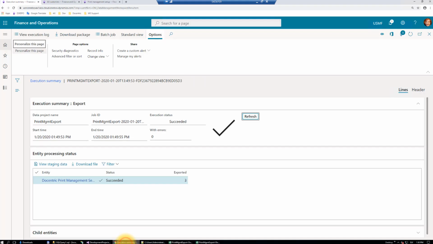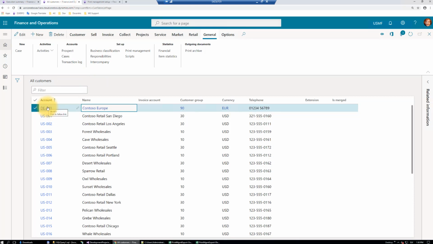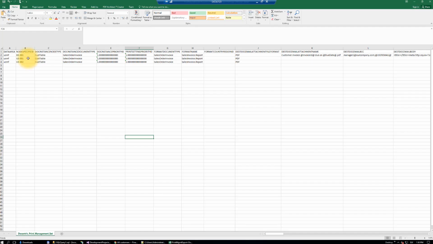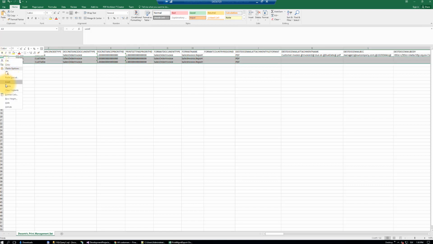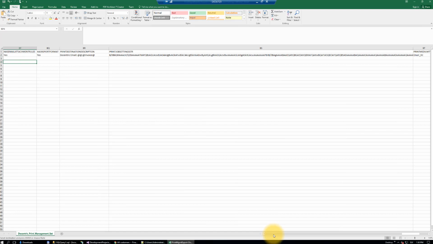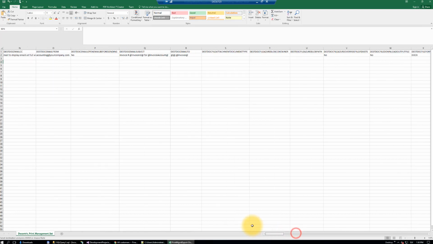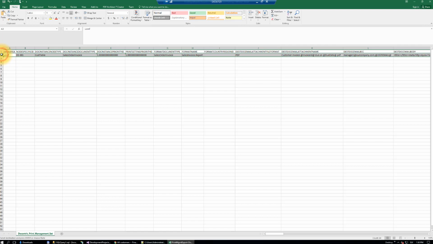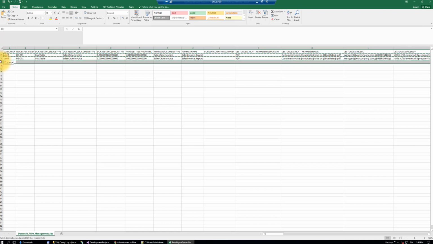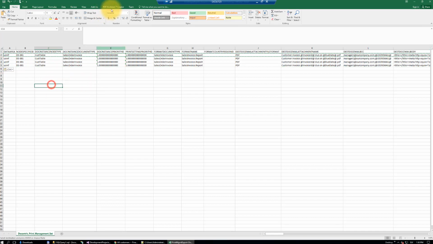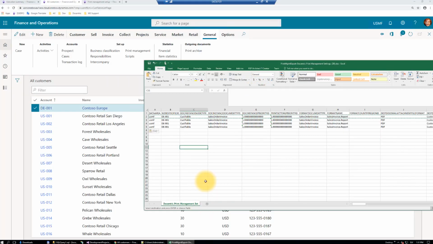So what did we say? On DE001 we have the setup we want to keep. So this is the setup I want to keep. These other setups I will delete. So we will just take this and copy and paste a few more times. Example like that. And let's say we want it on US001, on US002 and on US003. Save